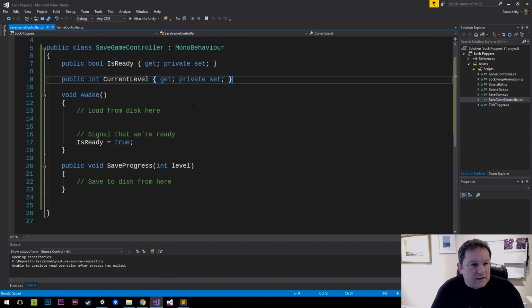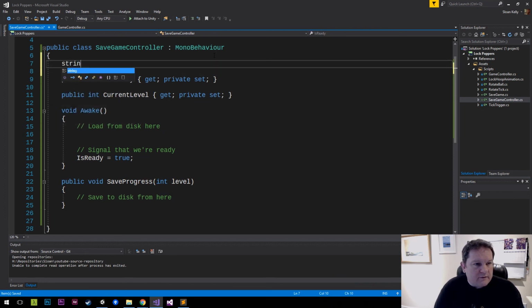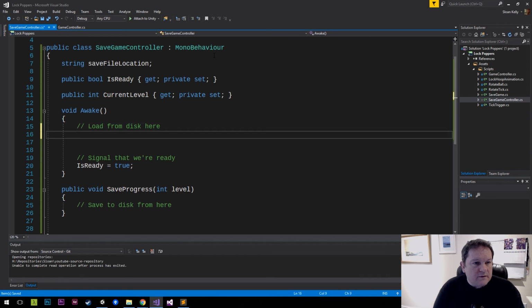So our current level is set there, and then we have a private string which is the save file location. So save file location, where is the save file? saveFileLocation equals Application.persistentDataPath, but we also need to add the file that we want to save it to. So that is going to be Path.Combine, and then the path plus whatever the file name is. So in this case, it's going to be savegame.json,